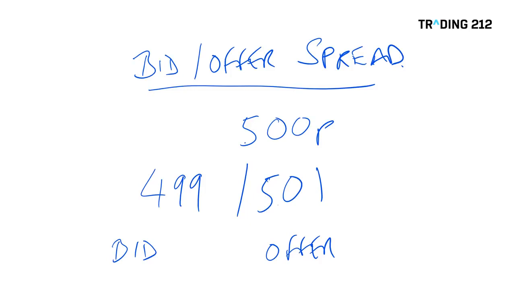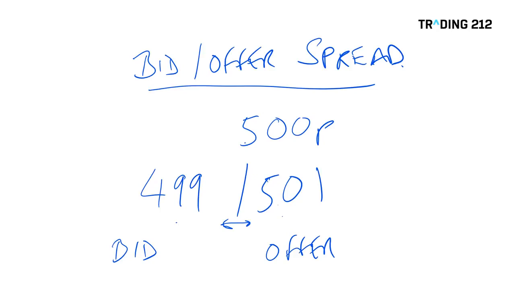So this is the spread, the difference between the price you can sell at and the price you can buy at. If you want to buy now, you'll pay 501. If you want to sell, in this example, you'll pay 499. And spreads will vary for markets that see a lot of volume. So larger shares, indices, currencies, commodities, they tend to have very tight spreads. But if we're looking at maybe a share, for example, that doesn't trade that much, or an obscure currency pair, they'll have a wider spread.